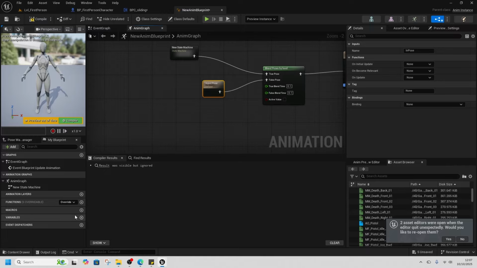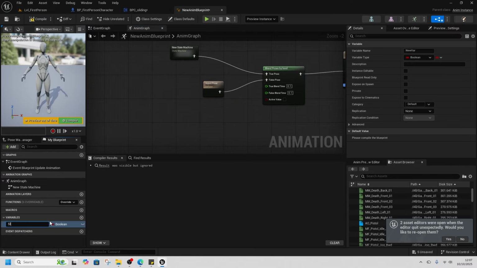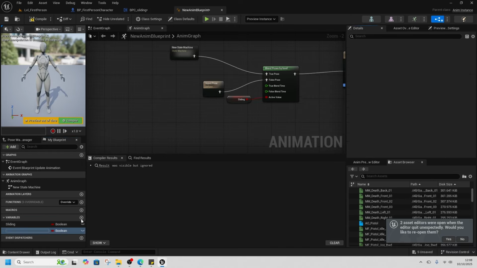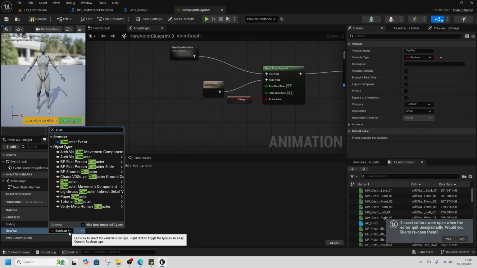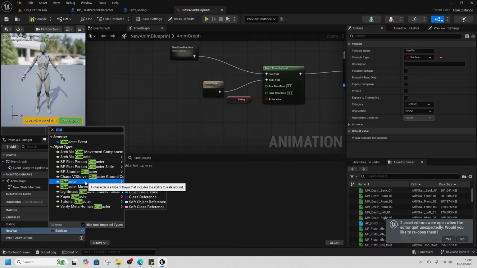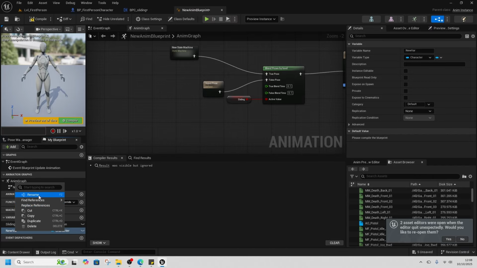We're going to need a variable for sliding, which will be our boolean. So sliding, and then one more, but this time it will be our type character. So type character object reference. This will be our character, and then we'll make that instance editable,